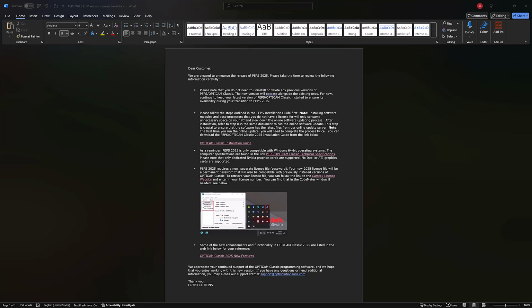In the next few days, as a maintenance customer, you'll be receiving this email to announce the release of PEPS 2025. Following these instructions, you'll be able to download the new version, retrieve your license, and review the new features that